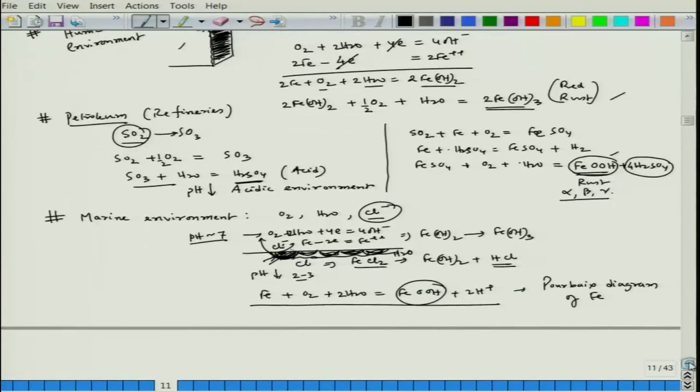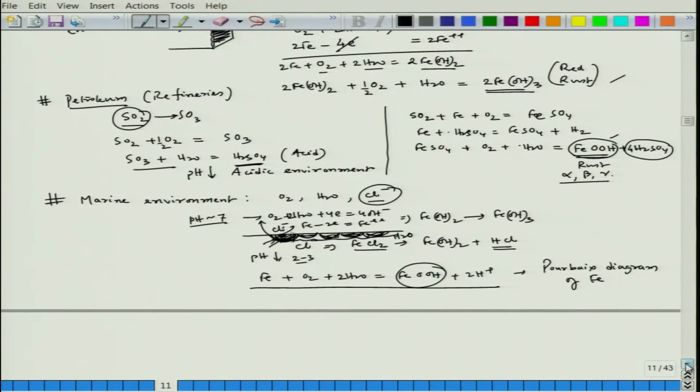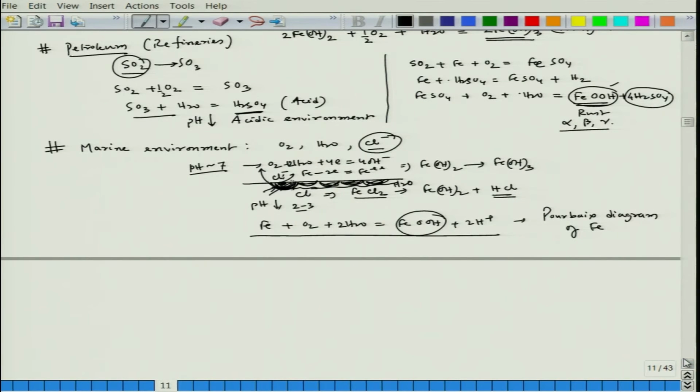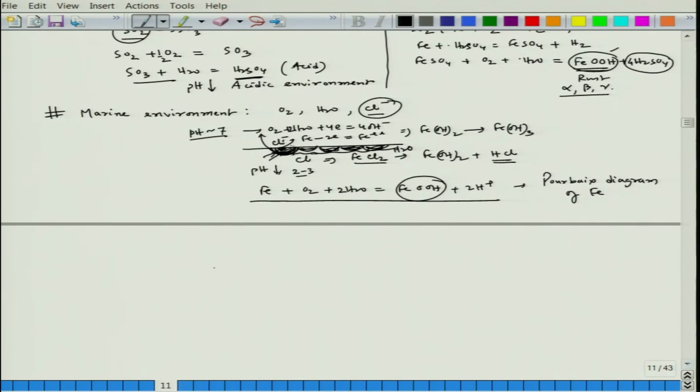But let us consider a typical example of rainwater corrosion or rain droplet corrosion. If I see a metal surface which is iron, a small rainwater droplet is there. In the beginning, here we have dissolved oxygen from the environment, and the pressure is 1 atmosphere, fine.